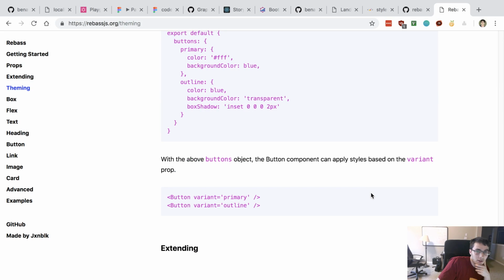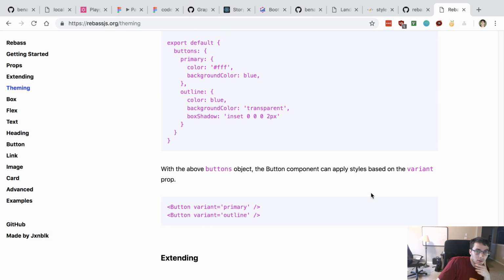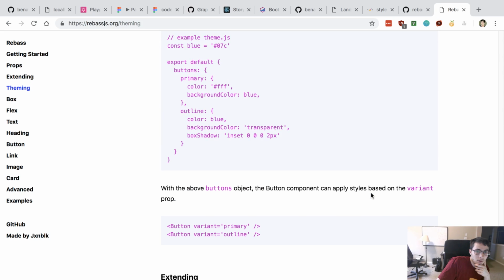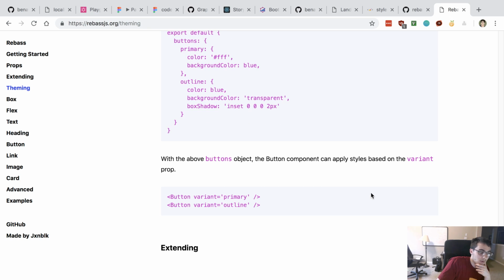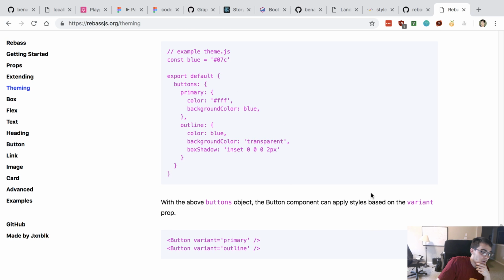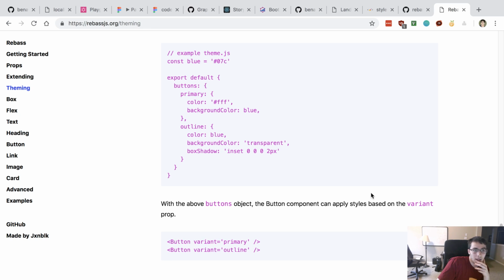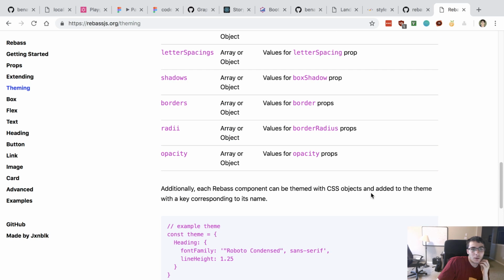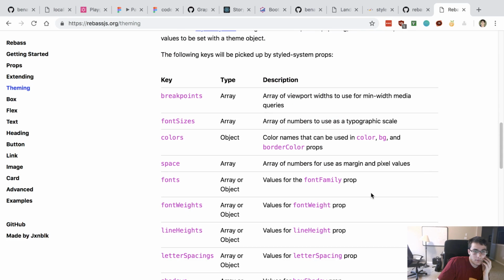So how do they have their colors set up? I mean, I could directly pass the color in doing that, yes. But we want to set up with the theme.